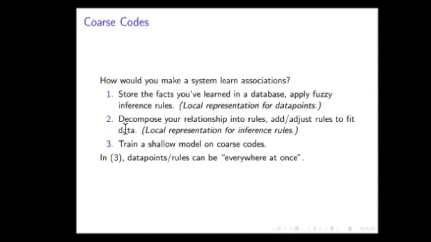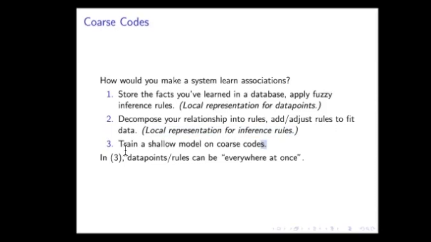Another strategy, which maybe is natural, is to have some way of decomposing the relationship I'm expressing into nice rules, like in an expert system or something. And then my learning process is now, instead of adding points to a data set and doing inference on the fly later, adjusting the rules as the data points come in. But this I would call a local representation for inference rules. I zoom into the system and I look at a part of it and I say, that's the part of the system that's describing what happens when I get a point which is kind of up there but not too far down there, and so on.